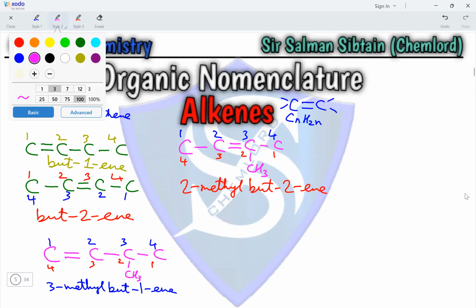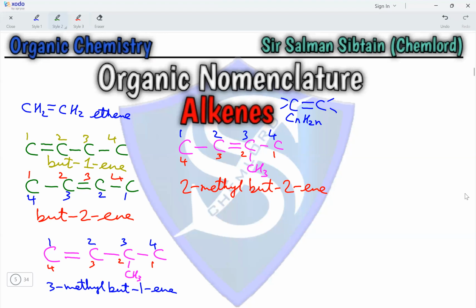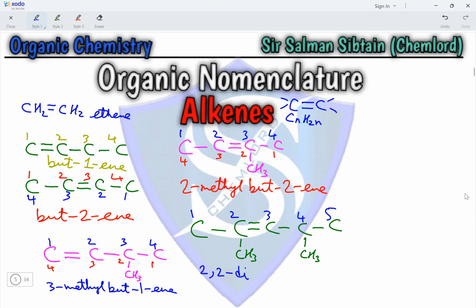Considering another alkene, we have multiple substitutions on the alkene molecule. So now we would have 1, 2, 3, 4, and 5 carbon atoms in a straight chain. We would have a double bond placed here. We would have a substituent group placed here, methyl, and here as methyl again. So in order to number this compound, we already know that if we are giving preference to the double bond, then the numbering is only done from left to right. So 1, 2, 3, 4, 5, in which case the name of this compound becomes 2, comma 2 dimethyl,